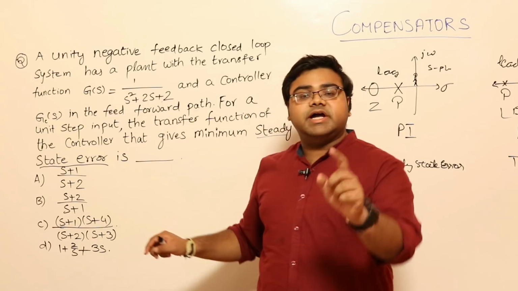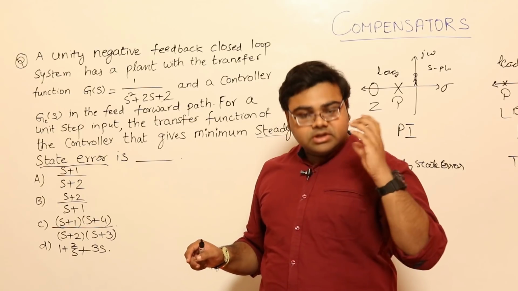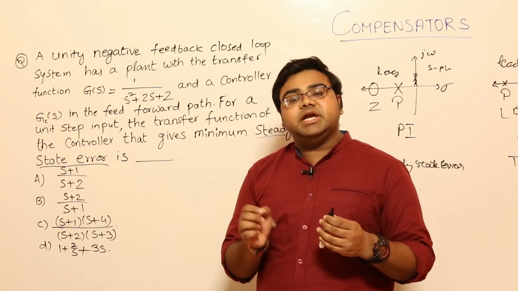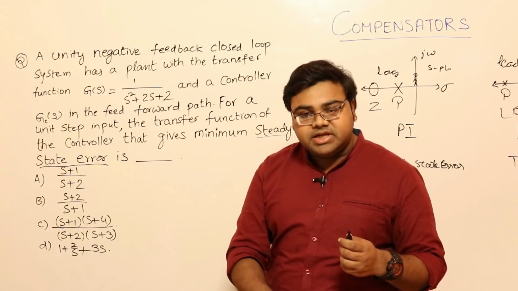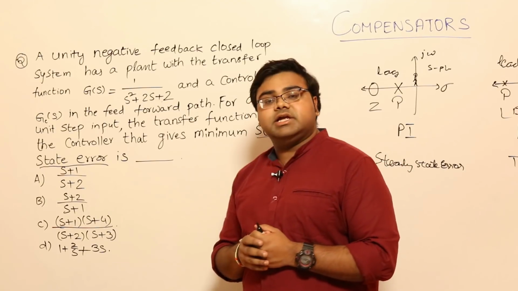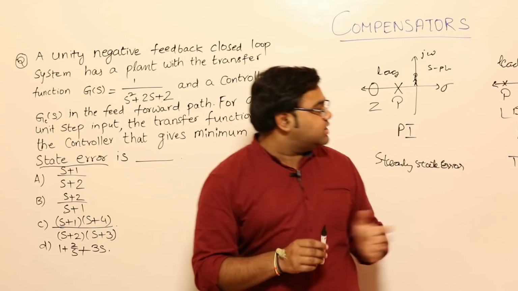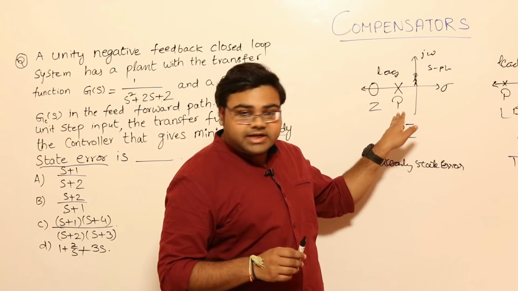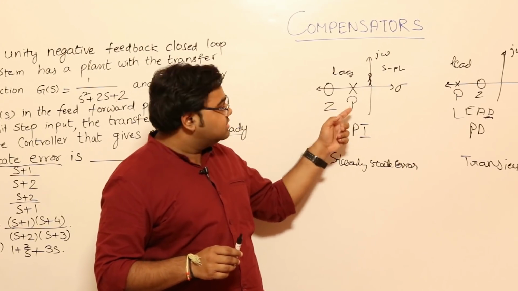Out of these two, I want to choose the PI controller. By the shortcut, lead is PD because D is there. So lag has to be PI. Out of these two, which is the lag thing is what I have to see. In a lag, what should happen? This is the diagram. So my 0 should come last. My pole should come first.